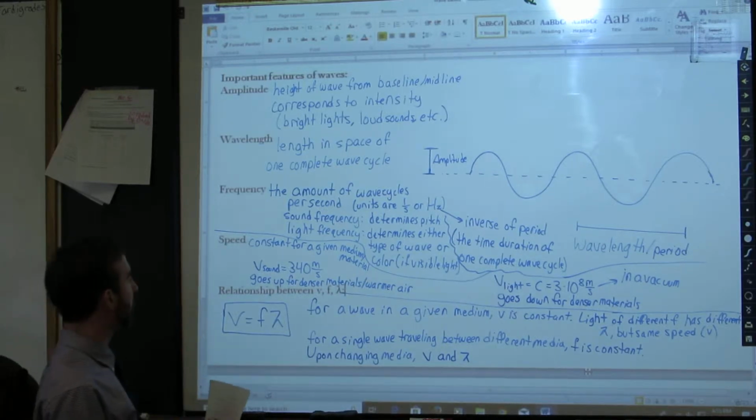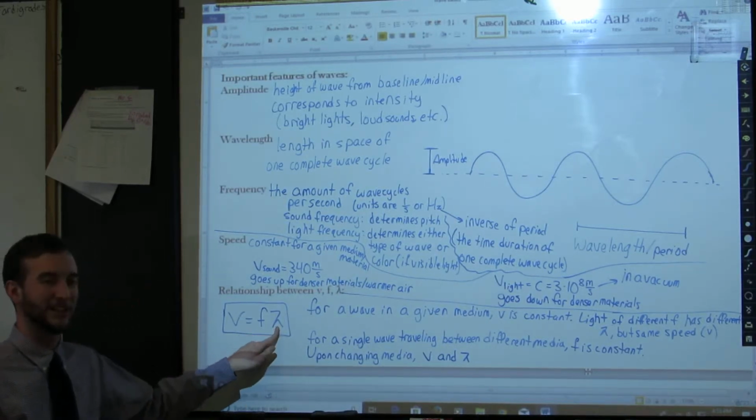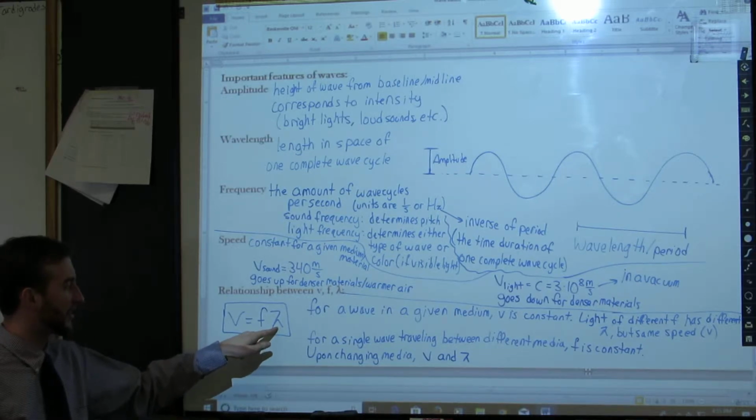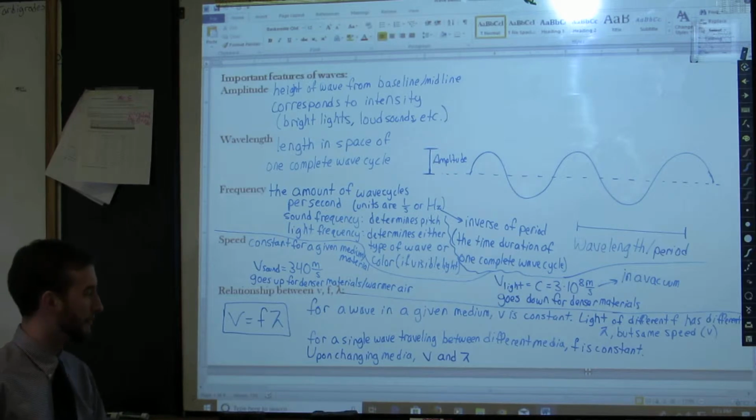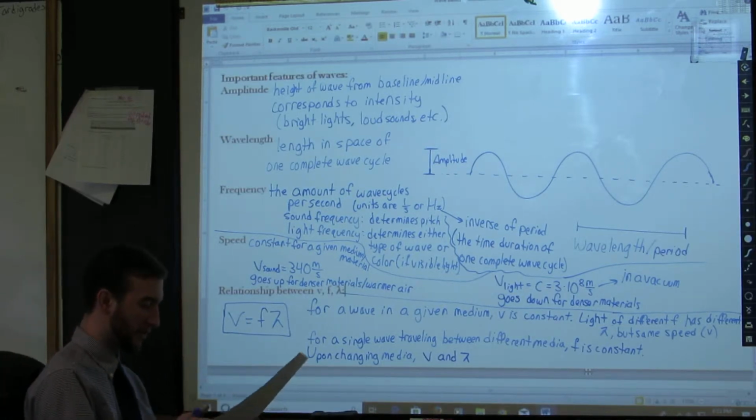By the way, the symbol for wavelength, I don't think I mentioned it last time, is this funny looking, I think of it as like a 7 with a leg sticking out to support it. It's called a lambda. So this is a lambda. If you hear me refer to lambda, that's what I'm talking about.